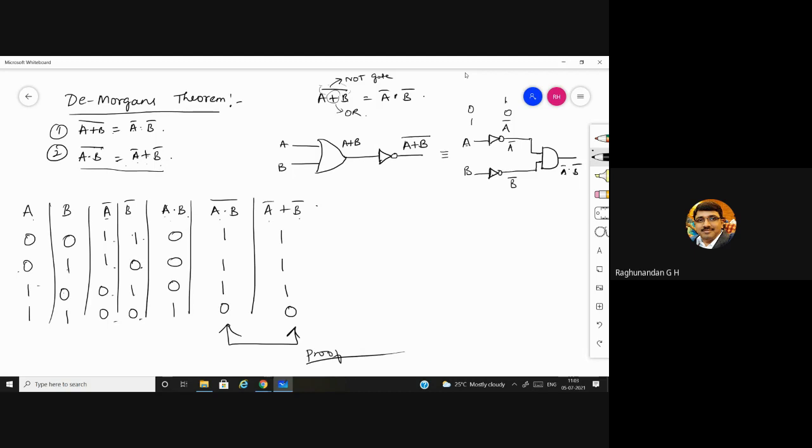So this is how we are going to prove that they are equal. And this is the proof for the De Morgan's theorem. In the same way, if they are asking for 3 variable, 4 variable, you need to just increase the size of the table. So suppose if they are asking for 3 variable,